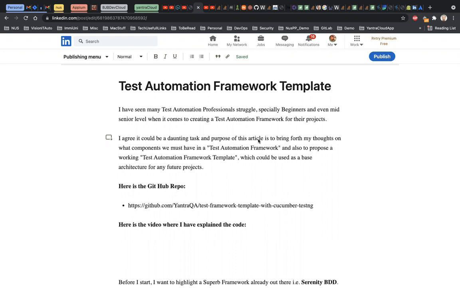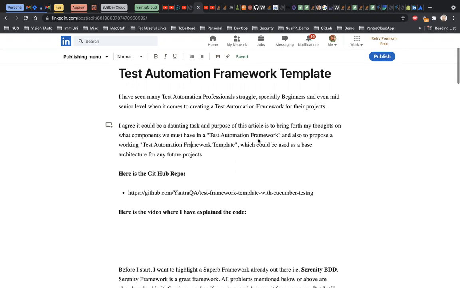to know what kind of components a test automation framework should have or must have, as well as what kind of tools and libraries we can make use of to implement these components with ease. So that is the purpose of this video, as well as this article, as well as the source code which